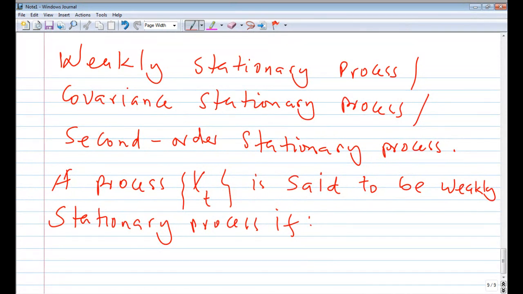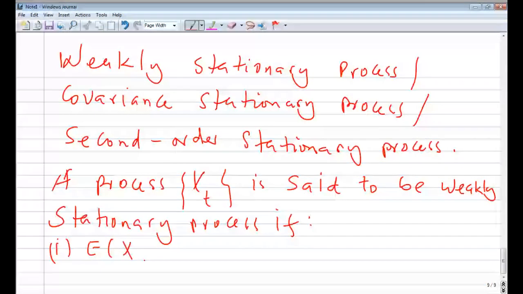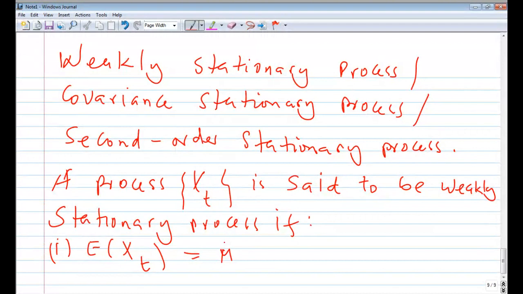The process Xt is said to be weakly or covariance or second order stationary if the following conditions are held. The first one, the expected value of Xt equal to mu. That is the first condition for weakly stationary or covariance or second order. Condition number one, expected value of Xt equal to a constant. Number two,